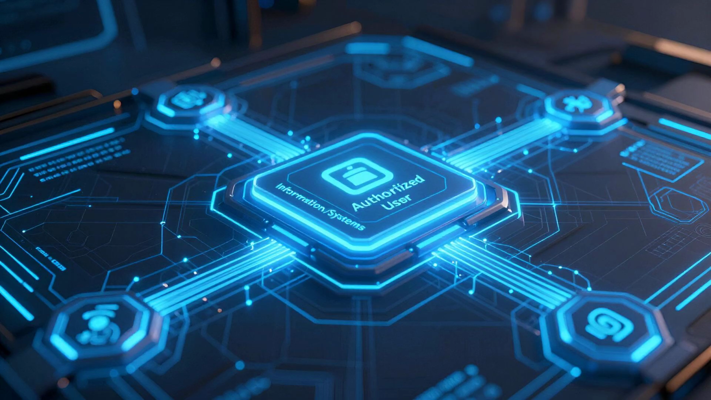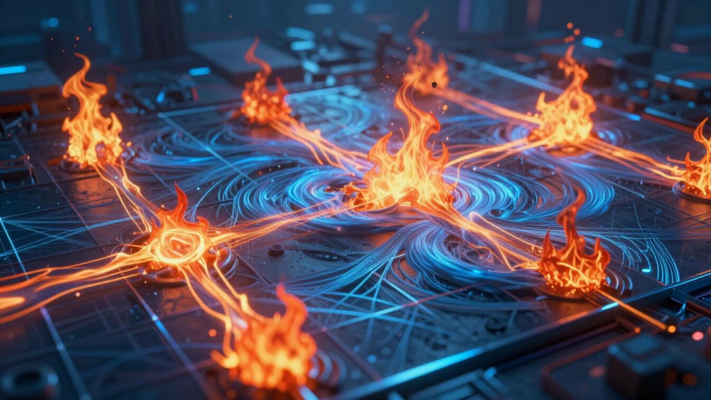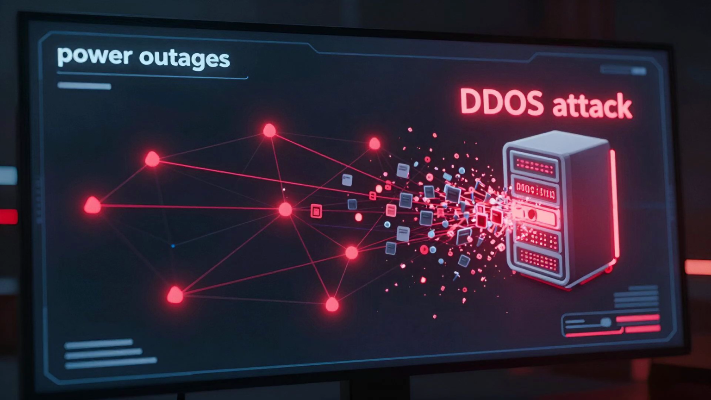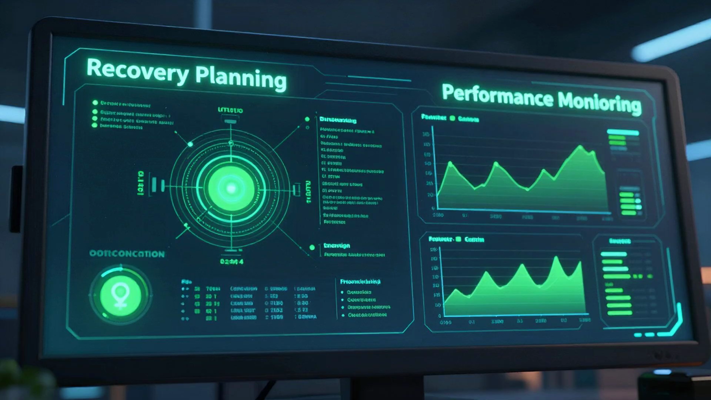Availability means authorized users have timely and reliable access to information and systems when needed, and its purpose is to prevent legitimate users from being blocked by disruptions, outages, or attacks. Availability can be impacted by natural events like fires, floods, and hurricanes, environmental events like power outages, or artificial events like a DDoS attack, so organizations protect availability using redundancy, recovery planning, and performance monitoring to keep services running when